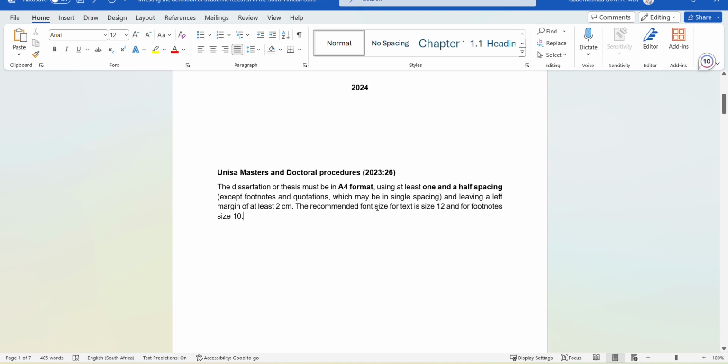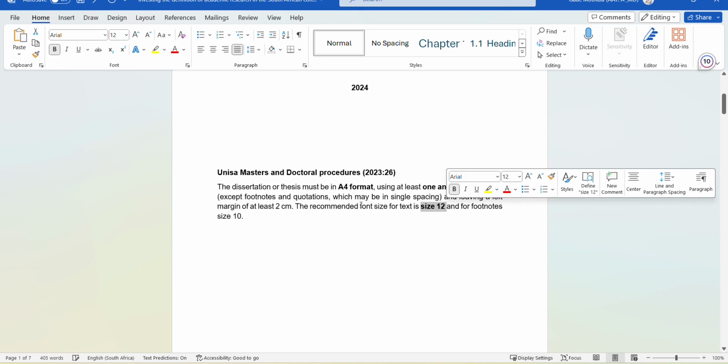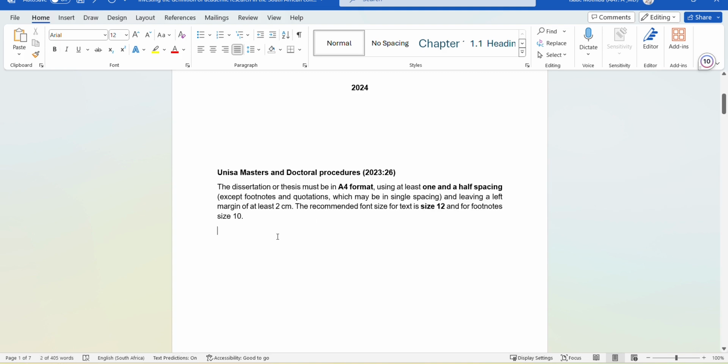The recommended font size for text is 12, and for footnotes it's size 10. So we're just gonna focus on the basics. In most cases, a dissertation barely will have footnotes, so we're not gonna focus on them for this session. Normally we'll just focus on the standard basic practice in terms of the format, spacing, and the font size